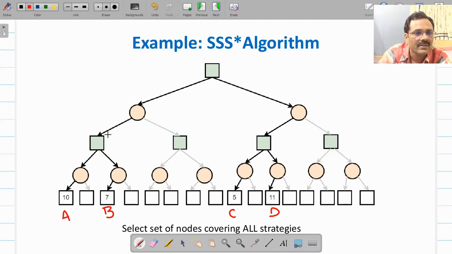What we have shown with these dark black lines is that initially you have evaluated only these 4. As we progress further, the number of nodes that you evaluate will increase, and we will start with the strategy which is best right now and keep refining it. That's how the SSS star algorithm works.